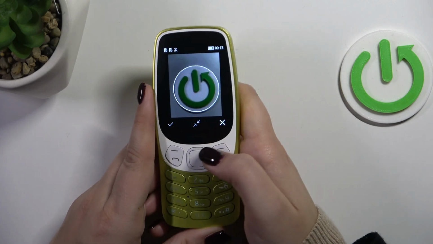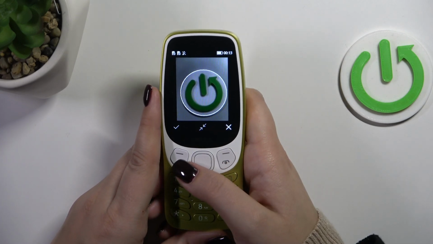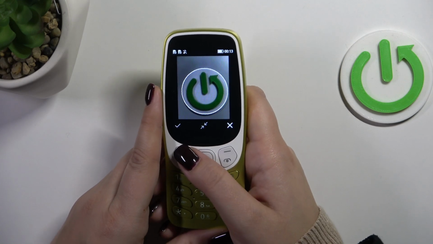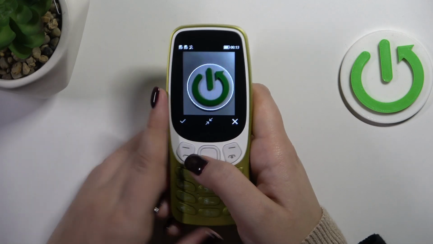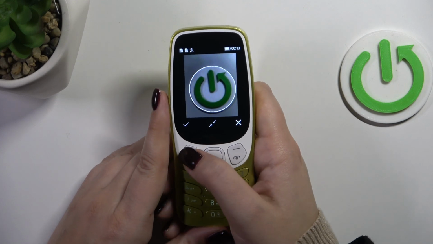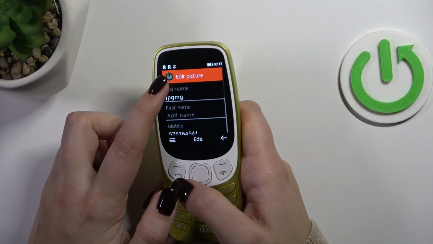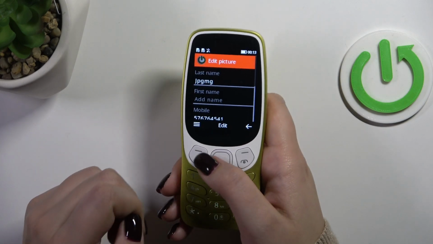So you have to position it in a proper way, let's say. If you're happy with the results, with the positioning and everything, simply press this left button which is connected with this tick icon. As you can see here, we've got our photo applied, so now we have to save our